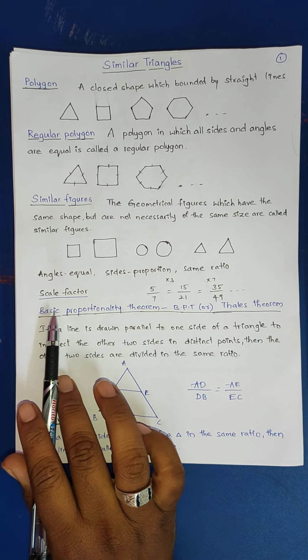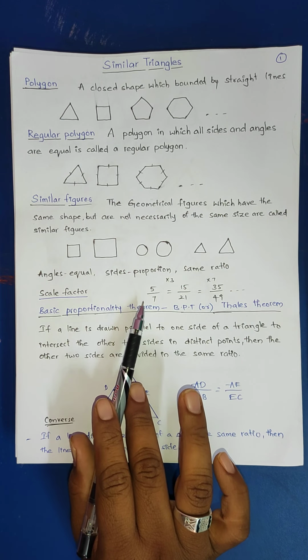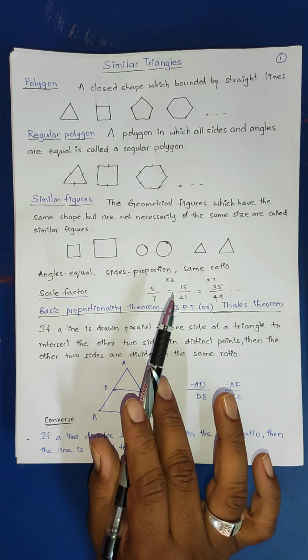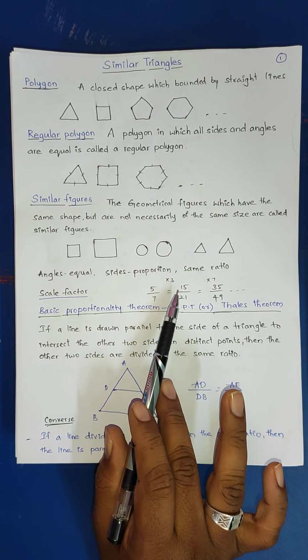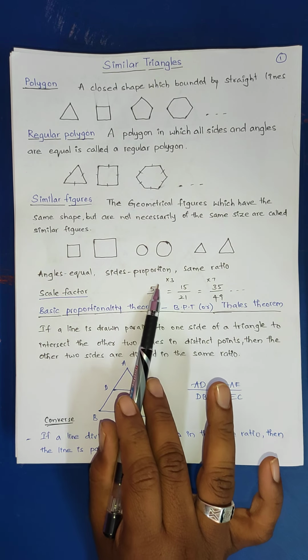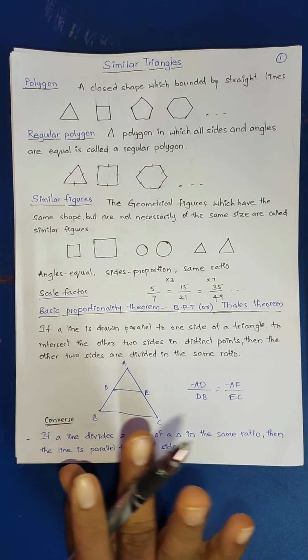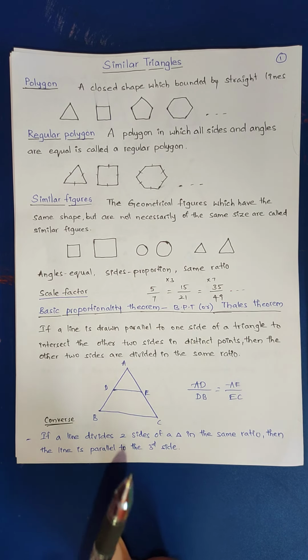Okay. Now scale factor. Scale factor means, see here 5 by 7, I have taken one example. If you multiply the numerator and denominator by a specific number 3, 5 threes are 15, 7 threes are 21. For this fraction, the scale factor is 3. When we observe any map, there is a scale, generally 1 kilometer in reality is 1 millimeter or 1 centimeter in the map, that is called a scale factor.